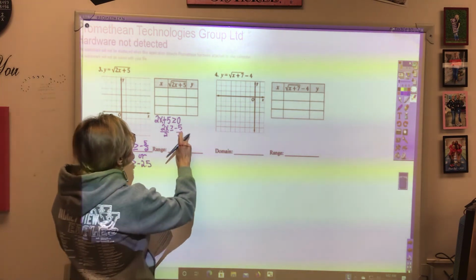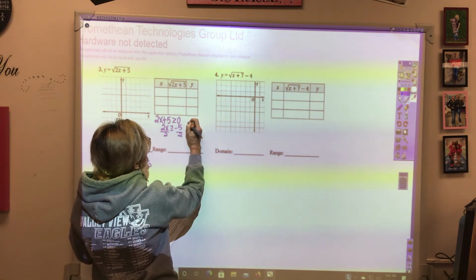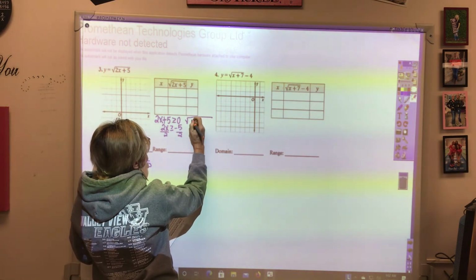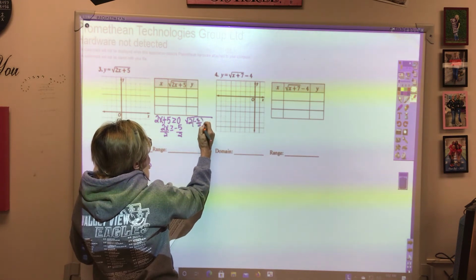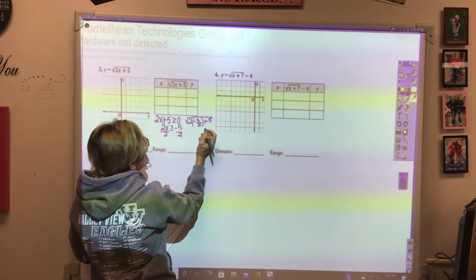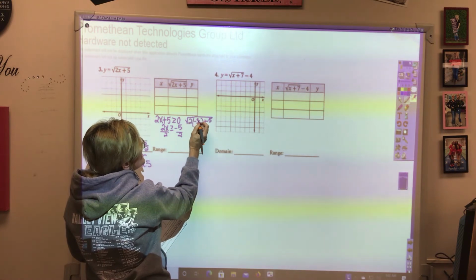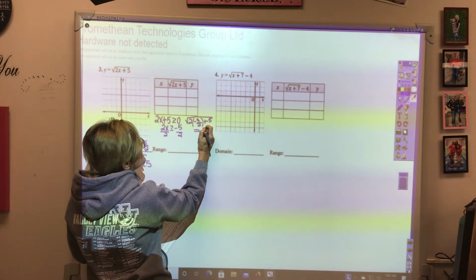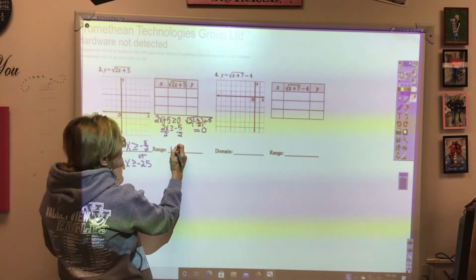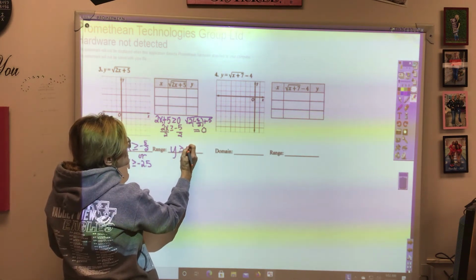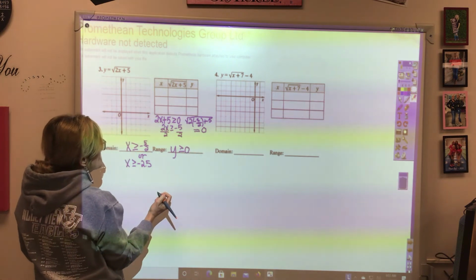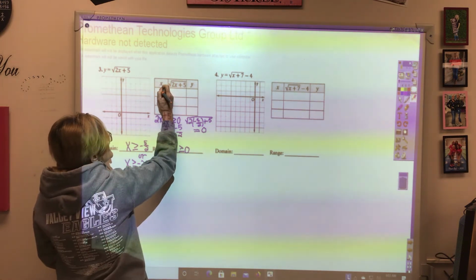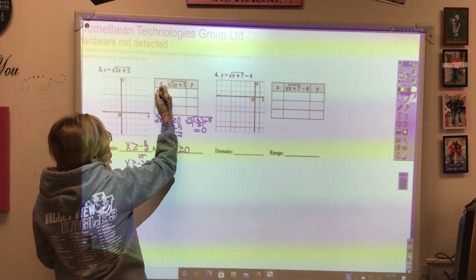So if we plug in a negative 5 halves into this square root, 2 times negative 5 halves plus 5, these are going to cancel. We'll have negative 5 plus 5 would be 0. The square root of 0 is 0. So y is greater than or equal to 0. So when x is negative 5 halves, or if you want to put negative 2.5,